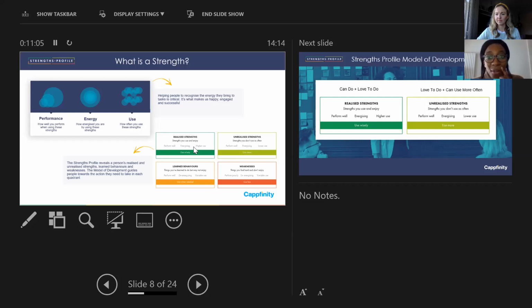Now, some of you might have a full 7 unrealized strengths on your profile. Some of you may have slightly less. But either way, this is what we call potential. You may have heard people say, realize your potential. Some of these strengths might be new to you. You might not have known that they were there. But remember, the report has said that you perform them well, and you are energized by them.